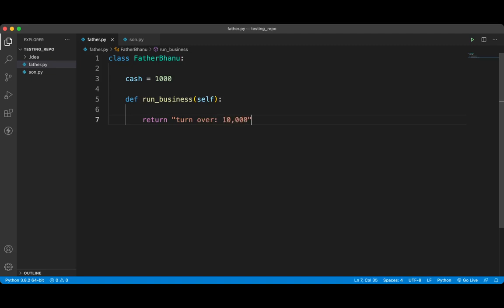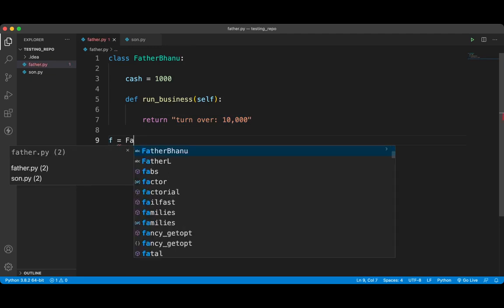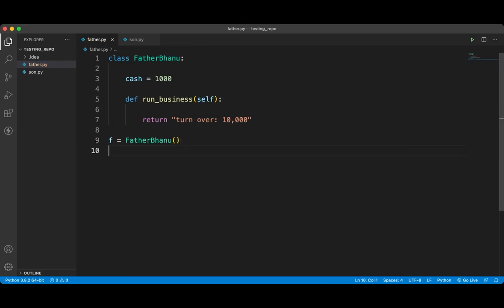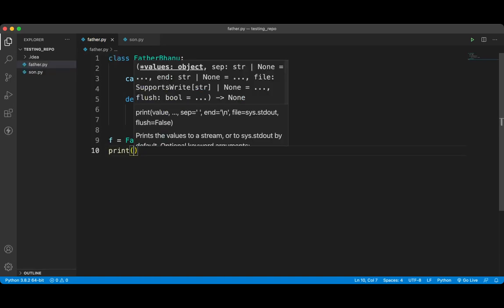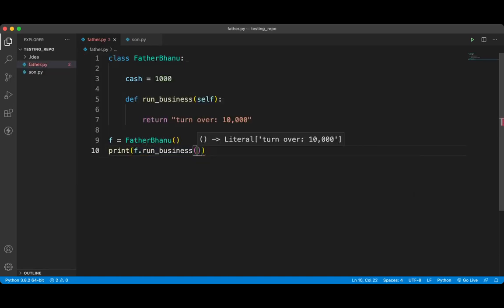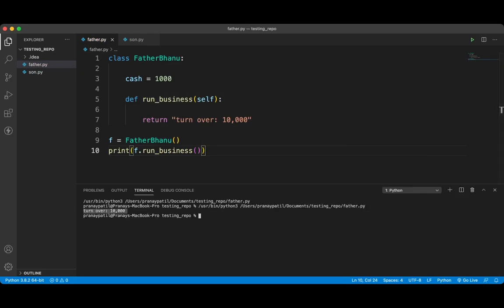So if we create an object from Father Bhanu and run this function, we will get this string as output. If we print what the father's run business is, we can see that he has a turnover of 1000. This is his only source of income.